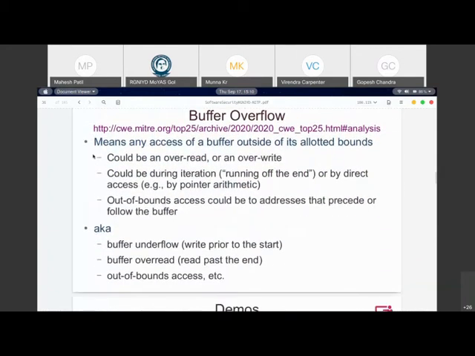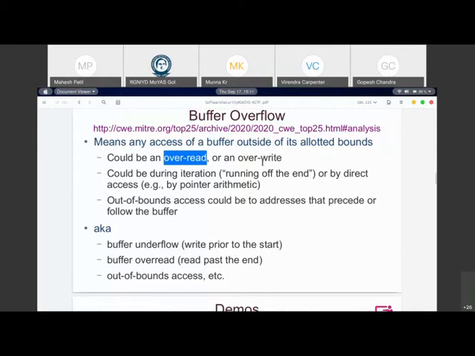If you go to the website called Common Weakness Enumeration, CWE, even today the buffer overflow is ranked second in the whole top 25 list. It means most of the software is still vulnerable to buffer overflows, and that is what is exploited. And when we say buffer overflow, it could be an overread or an overwrite also.